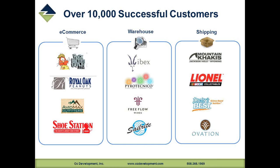There's a couple of choices there. One of the choices is we can mark the order shipped when you print the label before the user out in the warehouse ever goes to pick anything. And some people get concerned because what happens if I get into the warehouse and the item's not there, or I don't want to send my ship notice off to my customer because I haven't actually given UPS or FedEx or whomever my package. So there is an option to mark the order as shipped when you print the label,